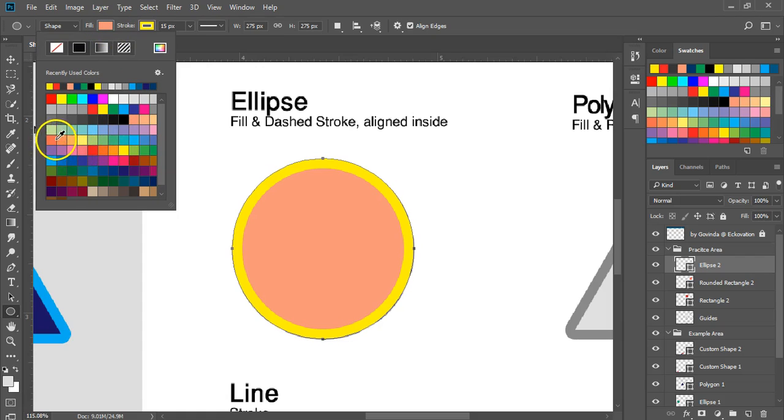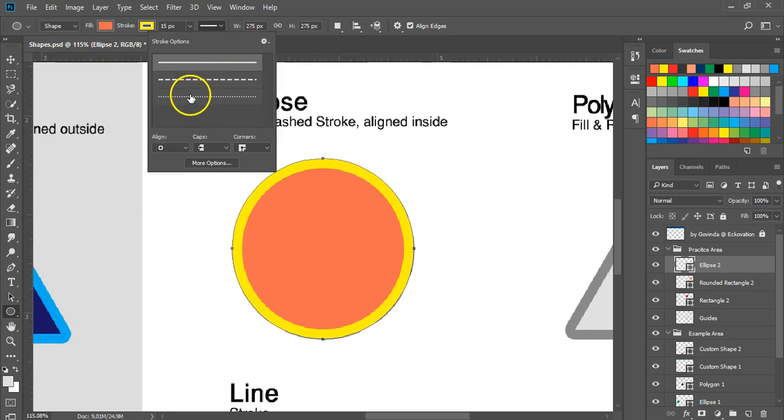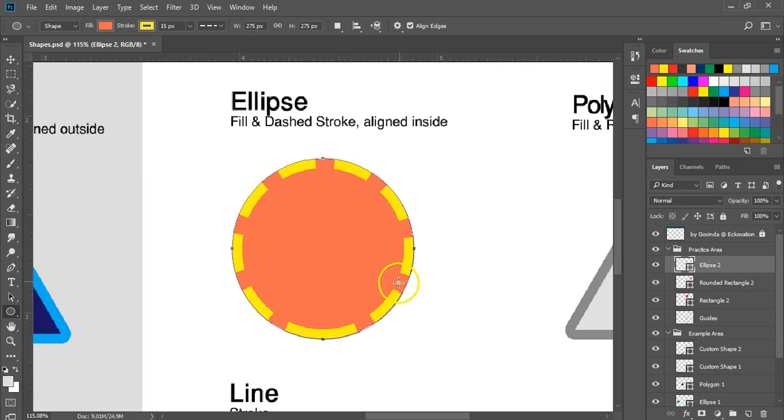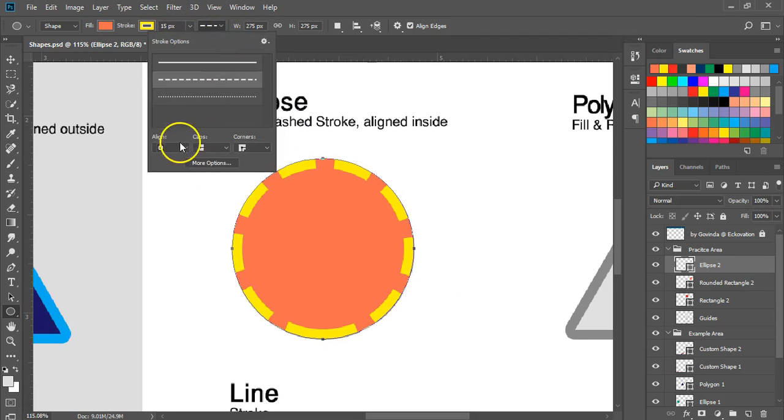Now going further right on the control bar, just after the stroke width, you can see an option for stroke type. Click on it and choose any of the options you like. And there are 3 more options at the bottom of the stroke type drop down menu. Click on the align and choose the first option. This option puts the stroke inside the shape. And the other 2 options in this menu put it on the boundary or outside the shape altogether.